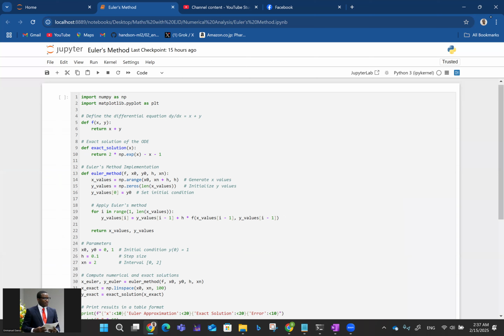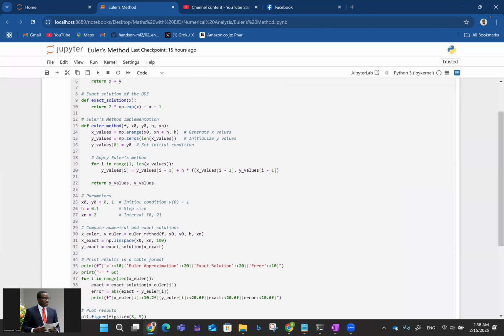2e raised to power x minus 1. That was the exact solution. So because we want to compare, we want to compute the error for each step, and that's why that is necessary. So then for the Euler's method implementation, all of that is defined in lines 13, I think, even